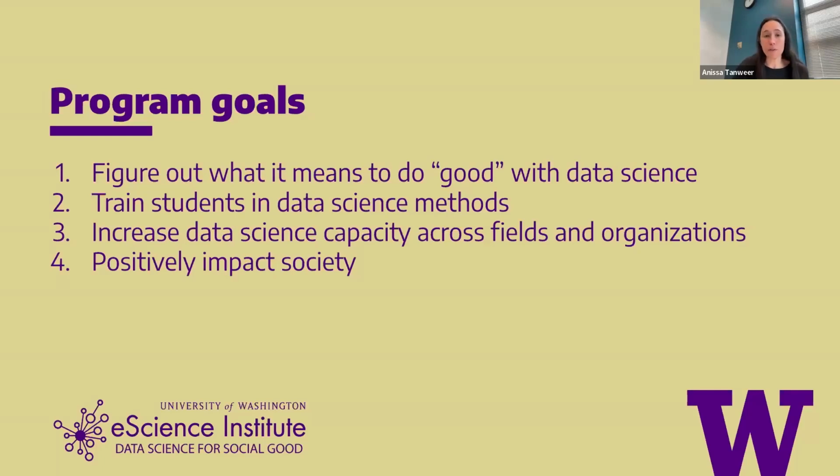I think the first and most important thing to realize is that the name Data Science for Social Good is sort of aspirational. We realize that having good intentions is just the beginning when it comes to generating positive social outcomes. And so we incorporate a lot of time for ethical discussion and reflection and for considering the impact of the work from a lot of different angles.